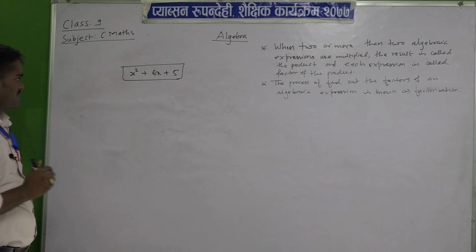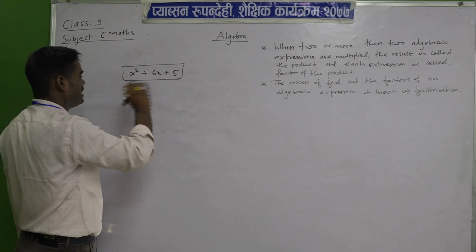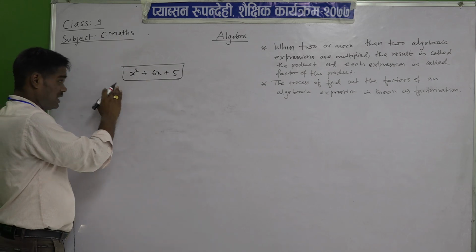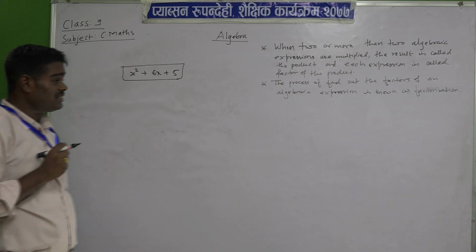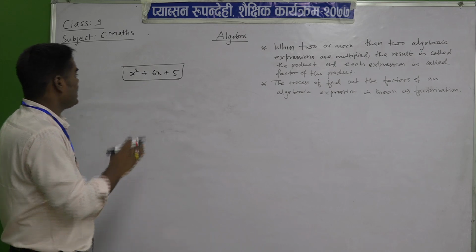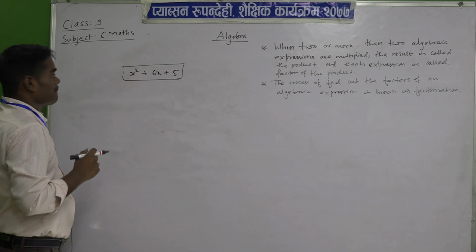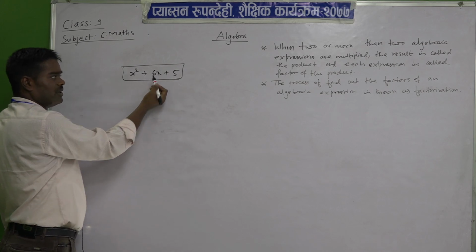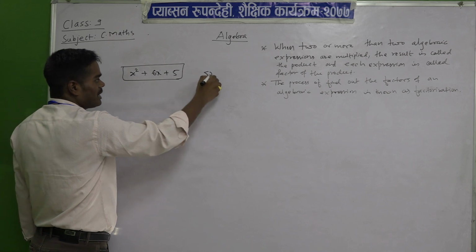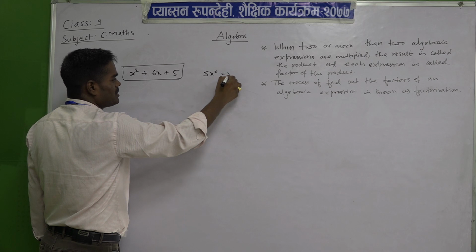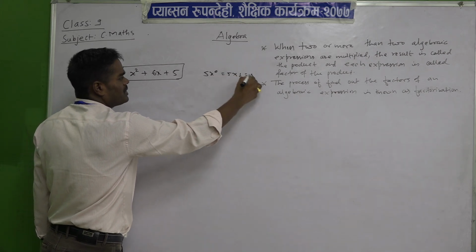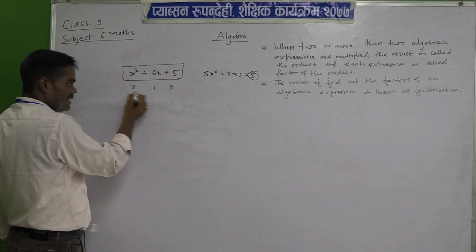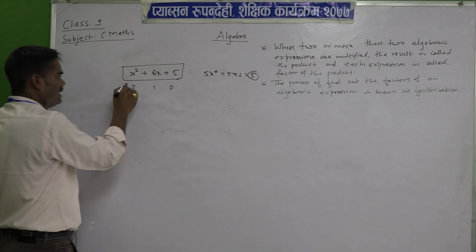So in trinomial expressions, or in any expressions, first you have to see whether the expressions are in ascending order or in descending order. You have to arrange them in the form of their index or power. So here the highest power is how much? 2. The power of the variable is what? 1. And here you are not seeing the x, so 5 into x power 0, and x power 0 means 1, so it is 5. So here is 2 power, 1 power and 0 power. So they are in what? Ascending order or descending order? They are in descending order.